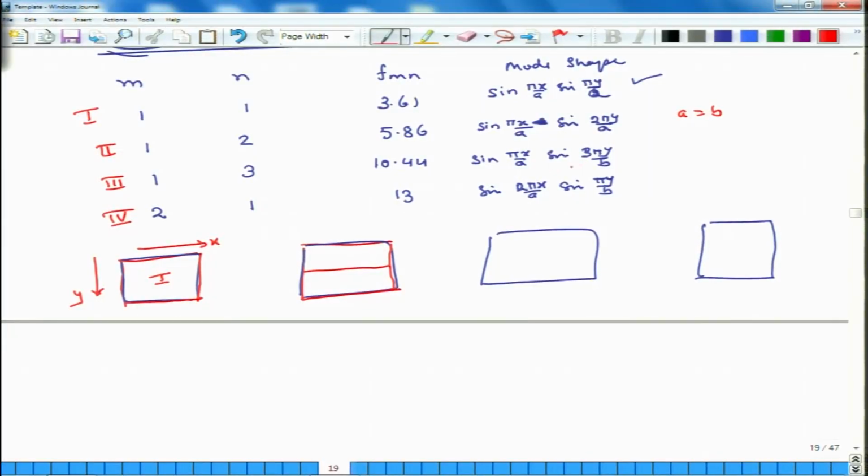Then the third mode is this guy. So, here all the 4 edges are of course going to be fixed and the node lines for 0 displacement for W will be here also. So, this is second and this is third, and in the fourth case outside edges again are going to be fixed, but an additional node line will be in the vertical. So, this is the fourth mode. So, this is how this plate is going to vibrate.